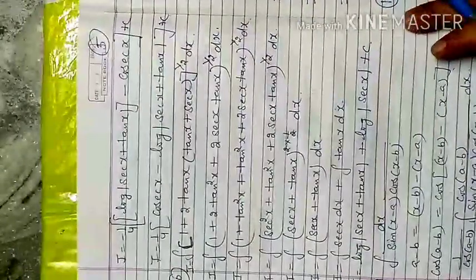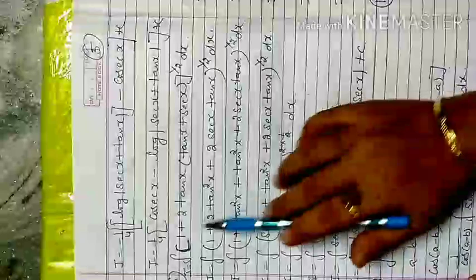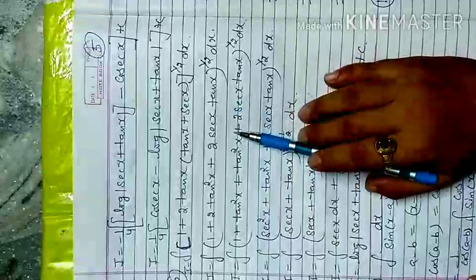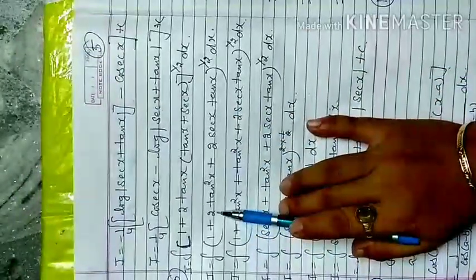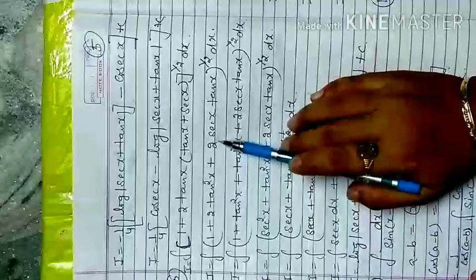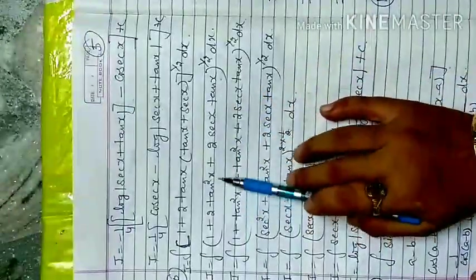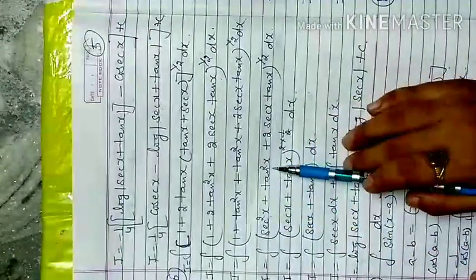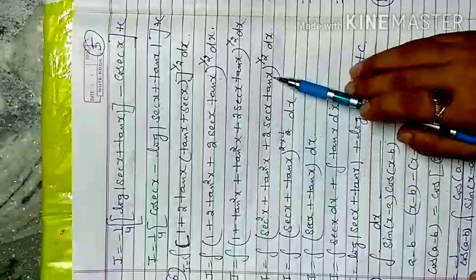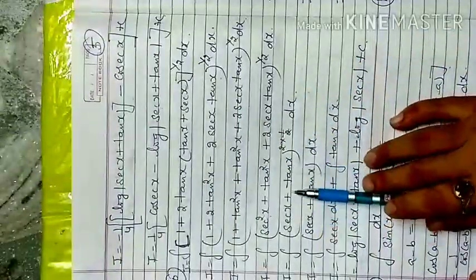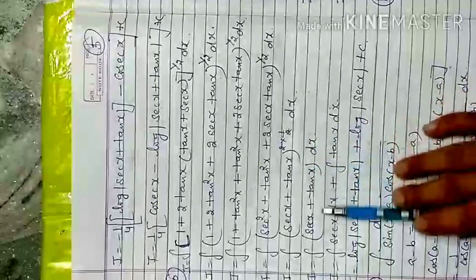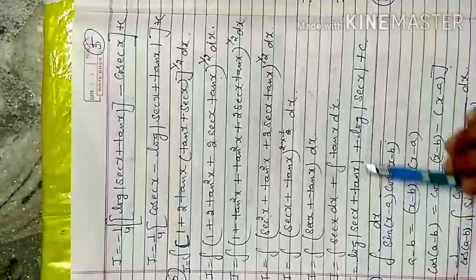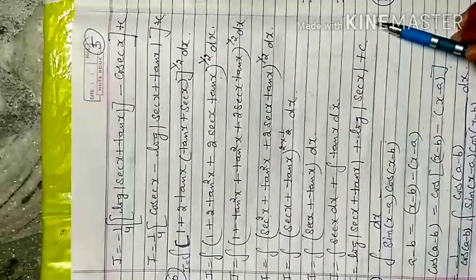Next is your 10th question. Here 1 plus 2 tan x plus secant x, and the common power is 1 by 2. So here 1 plus 2, first you open the bracket, 2 tan square x plus 2 secant x tan x. Separate this tan square x plus tan square x, this becomes secant square x, tan square x, this is a square plus b square plus 2ab. So this is the a plus b whole square formula, secant x plus tan x whole square, the power is cancelled, and only secant x plus tan x is left. Secant x integration is log secant x plus tan x, and tan x integration is log secant x plus c.